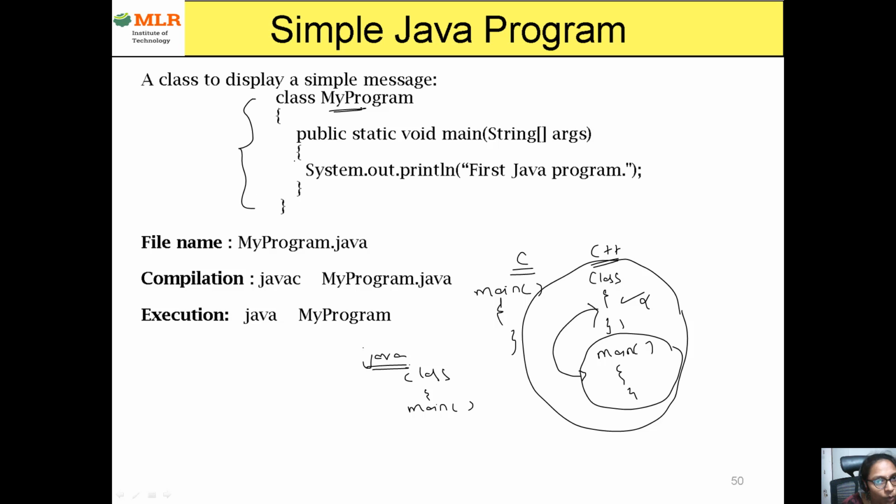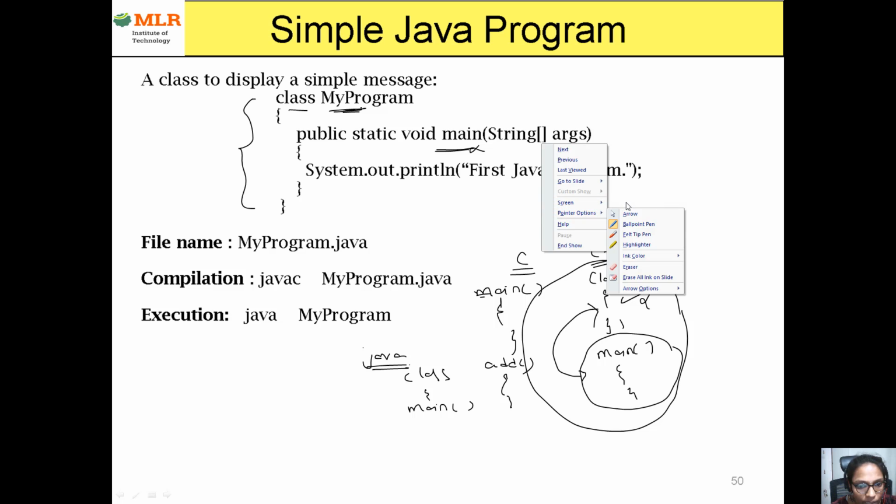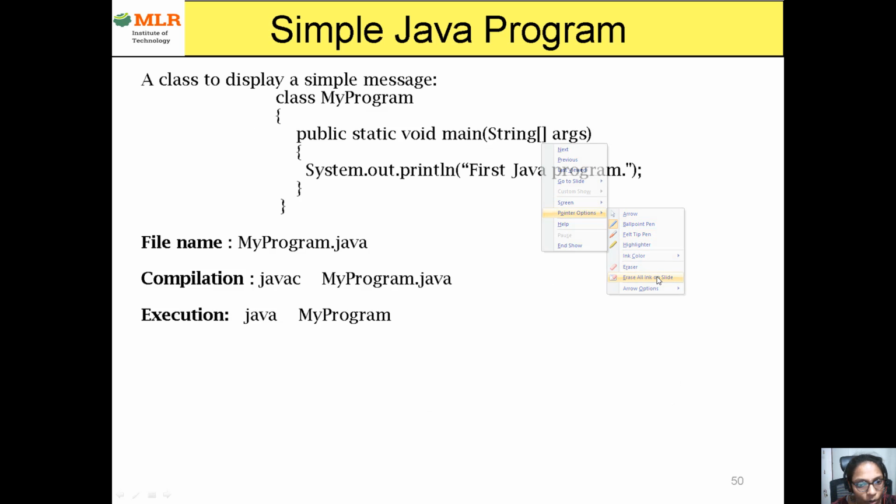Along with this, if you want to write additional classes, you can write them, just like along with main, we can write other user defined functions in a C program. In the same way, we can write other classes in the same program, but those classes will not contain the main function. Only one class will contain the main function, and that class is called the main class. Now coming to the main function, in C or C++ you simply write int main or void main, but here we write public static void main, and it also takes some arguments. We will discuss them one by one.